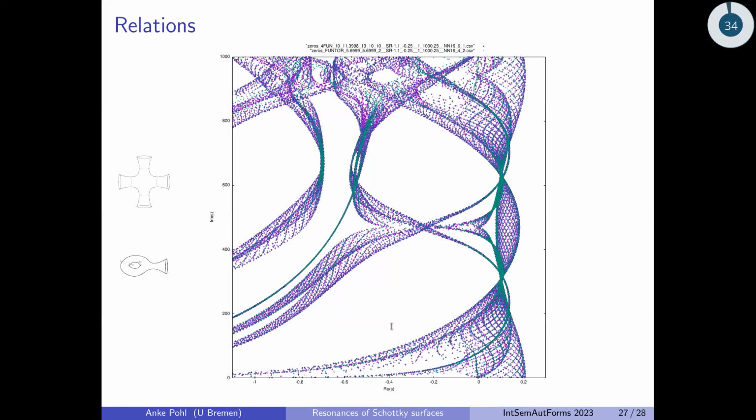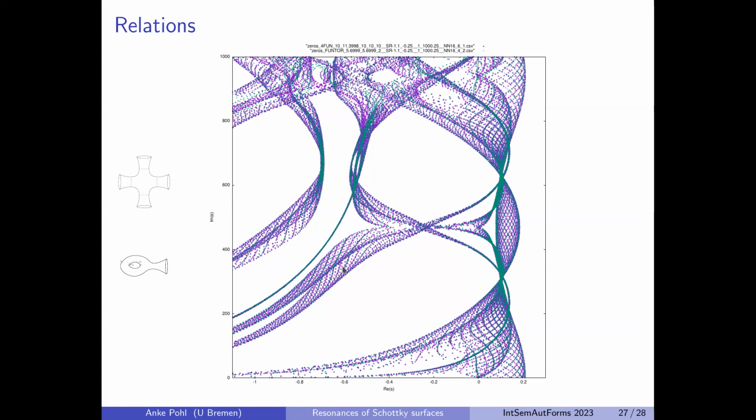So here's something else, which we don't know what to make out of. There are no proofs, it's just an observation. We had the pictures before of the torus funneled situation and a purely funneled situation. And we took an overlay of the four funnel and the torus funnel situation. The four funnel is the violet crosses, and the green dots is the torus situation.